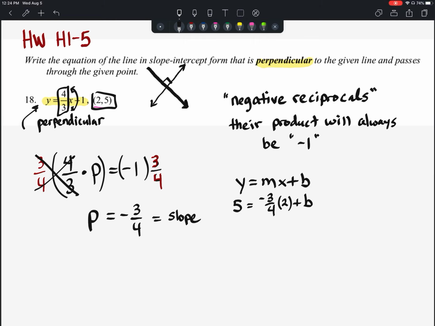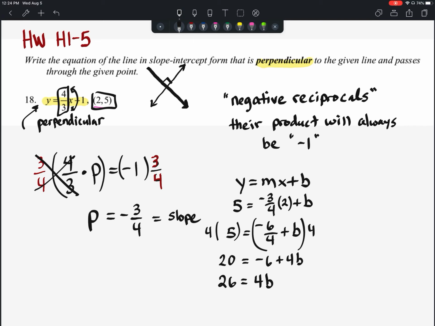And now we'll just take it and solve it. So 2 times -3/4 is -6/4 plus b is equal to 5. And if you get hung up here because you don't really like fractions and things there, you could turn it into a decimal if you need to, or you could multiply everything times 4, use the skills that we've already reviewed. Right, if I multiply everything here by 4, I've got 20 is equal to -6 plus 4b. Add 6 to each side, 26 is equal to 4b. Divide by 4. 4 goes into 24 6 times, with 2 left over, so we get b is equal to 6.5, or